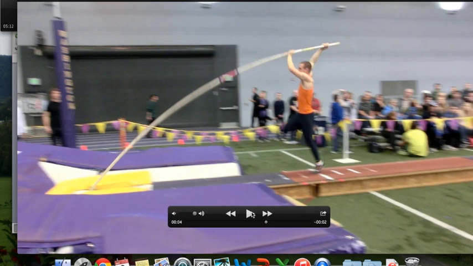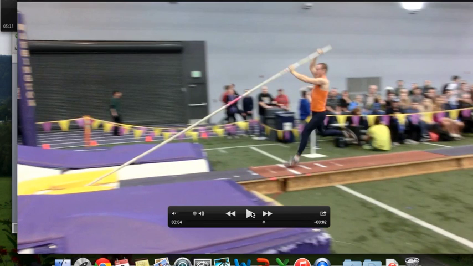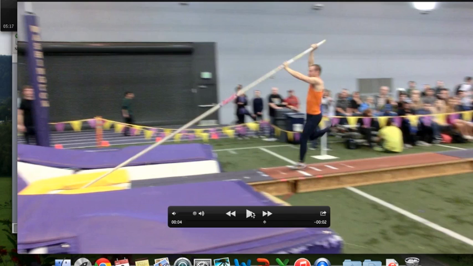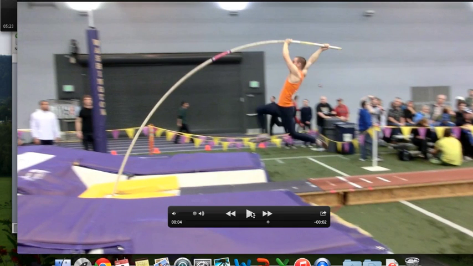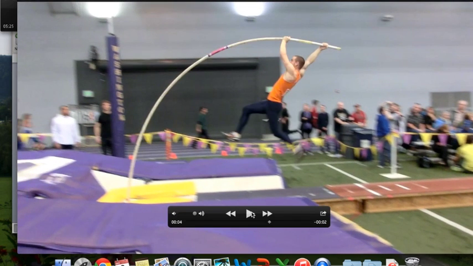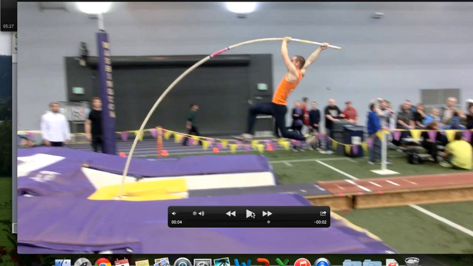Right here, if we back up a little bit, he has a pretty plumb line from the top of his hand to the bottom of his foot, which is good. The contact with the box is excellent. As you can see, the pole starts to bend. You can also note there's a small inverted C position, regular C position in his back hand, his trunk, and then his leg. That's the way that the body stores the energy, similar to how the pole bends and stores